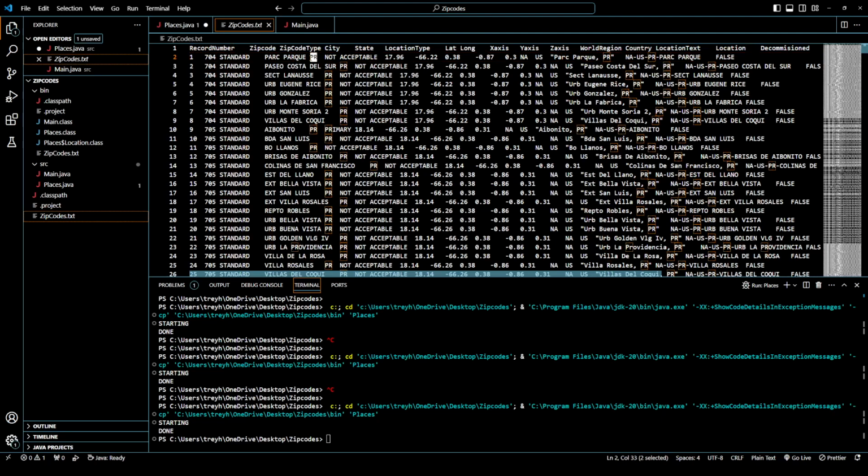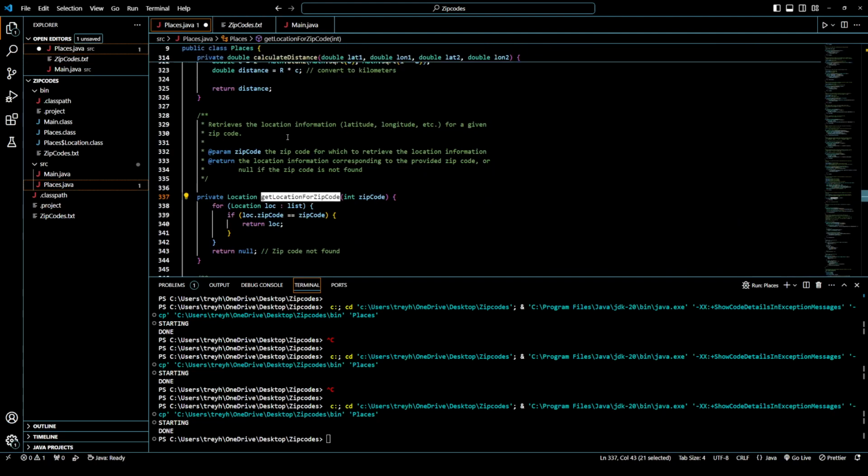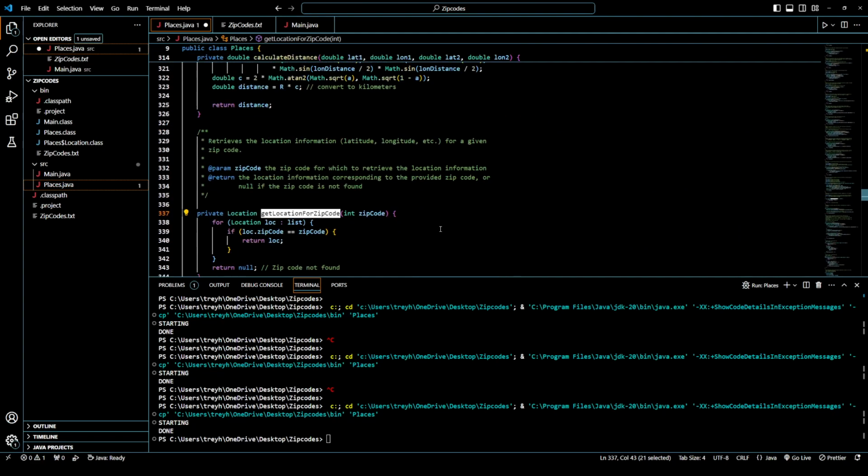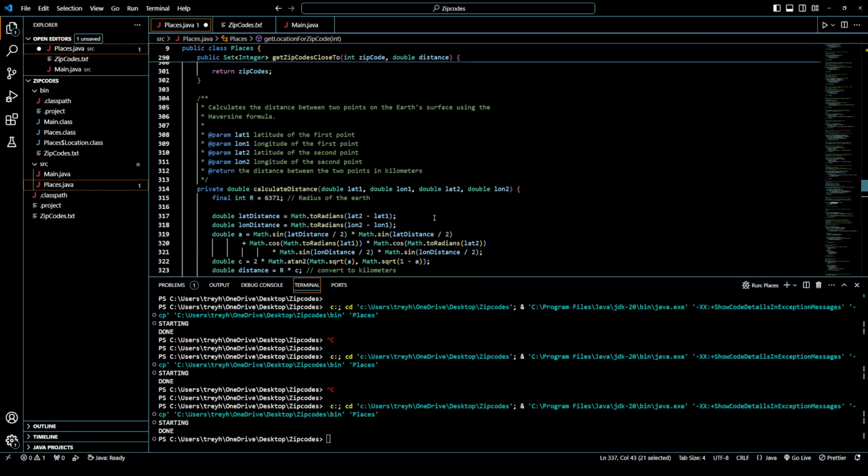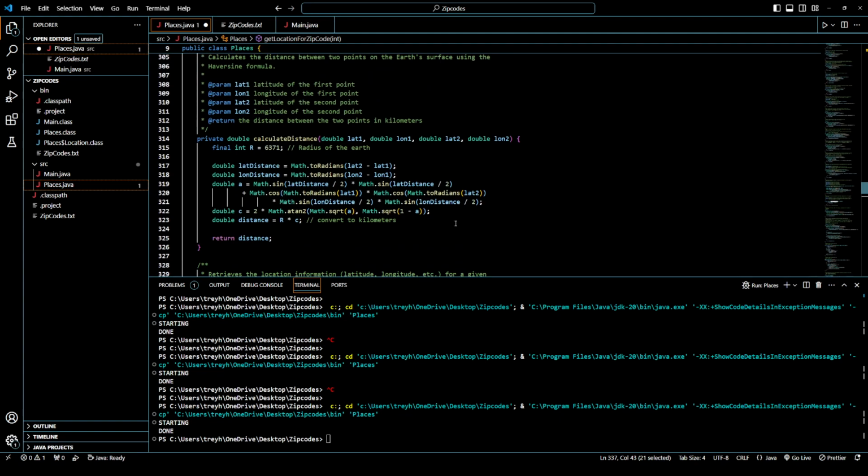So we're returning the location, so this would be PR. So then we're just going to return the location of the zip code. Then we're going to get the longitude, latitude of that zip code, do the math here, and then port it